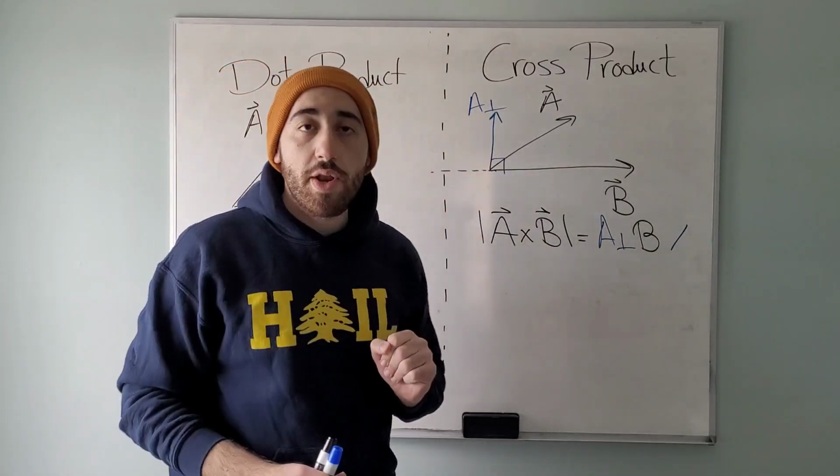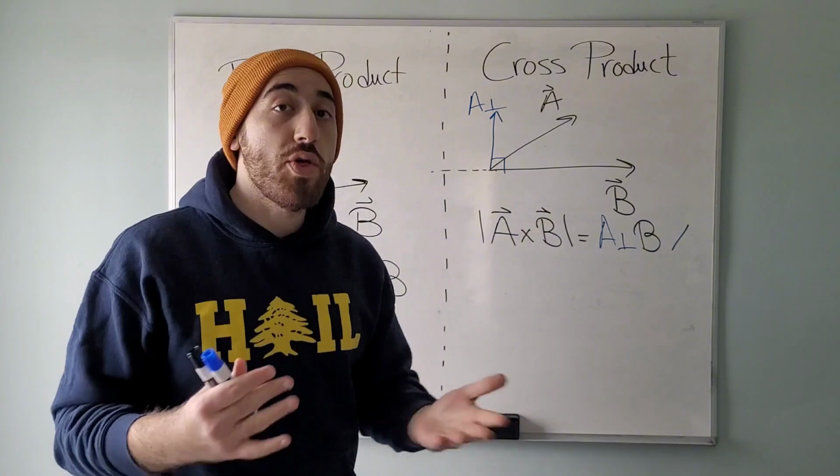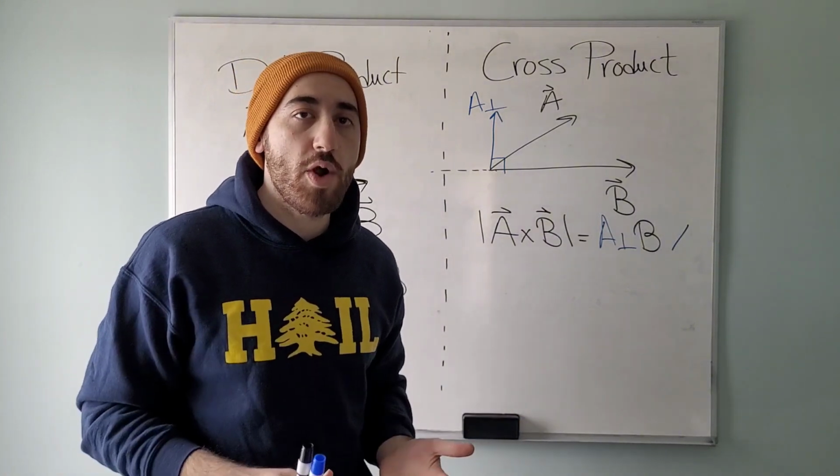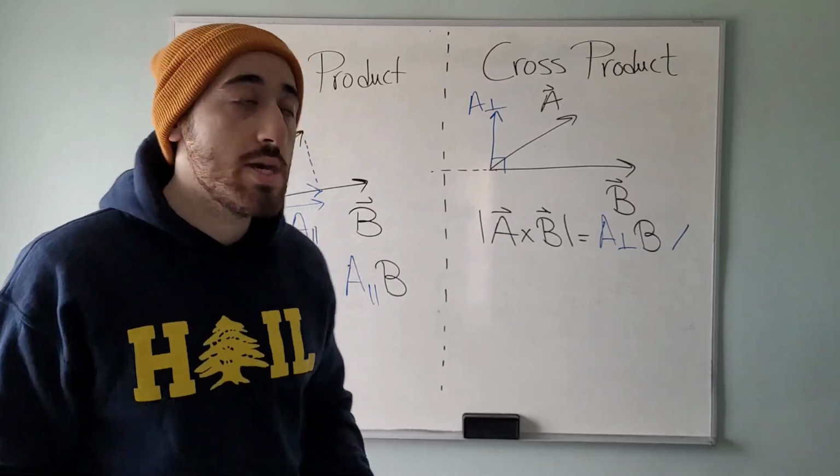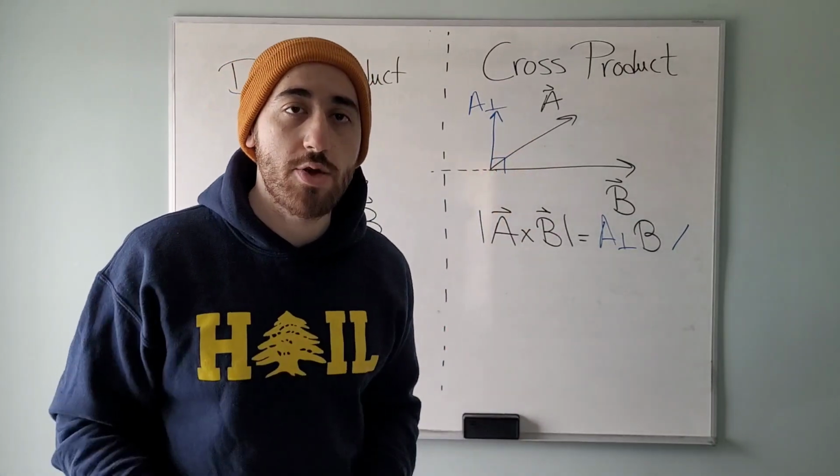So for the cross product, I suggest renaming it to the orthogonal product or the perpendicular product, so that we have two new names. The first one is the parallel product, and the second one is the perpendicular product or the